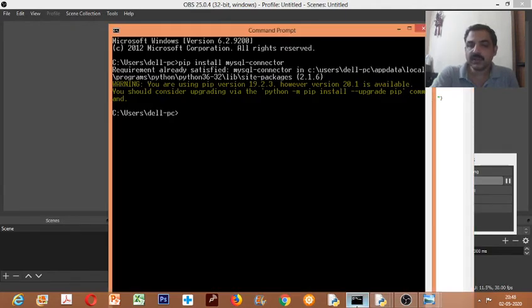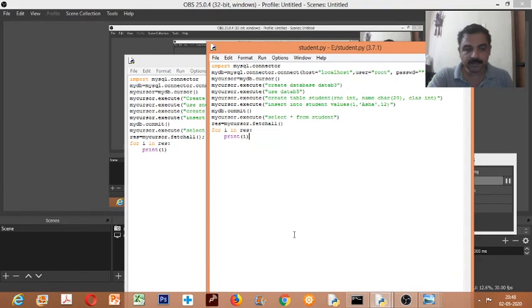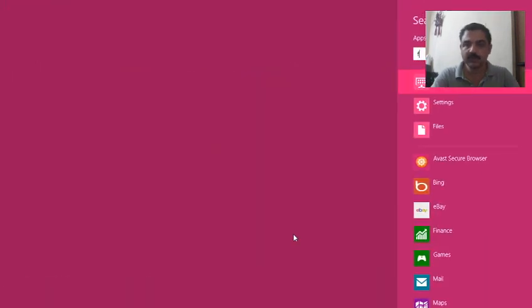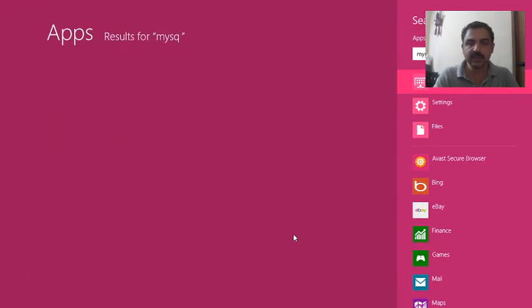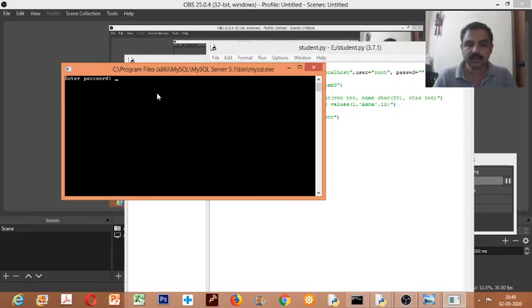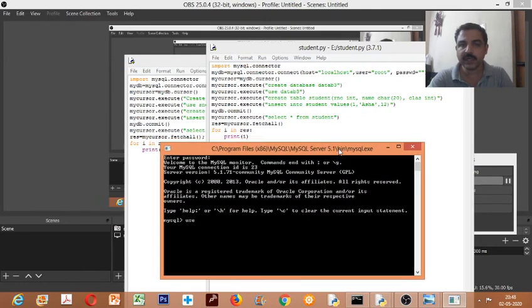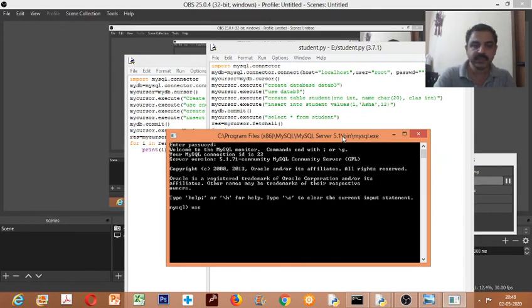So MySQL works as a backend tool. Let us check the MySQL command from here. You open MySQL and see there, you can type use, and what name you have given here, data b3. So write data b3.